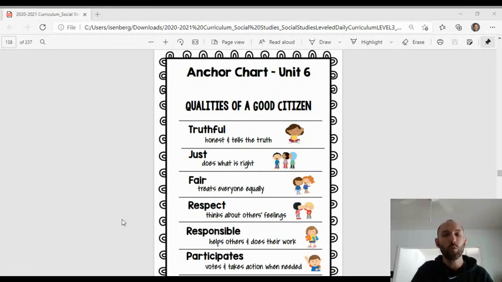Otherwise, let's really put in the effort this week so we can understand why it's important to be a good citizen. Again, we all do it. We're all good people. I see you guys being good every single day. Again, sometimes though we make choices to do the wrong thing. Doesn't mean we're bad people. Just means we made a bad choice. But let's reinforce what it means to be a good person and what qualities we need to have to be that good citizen.